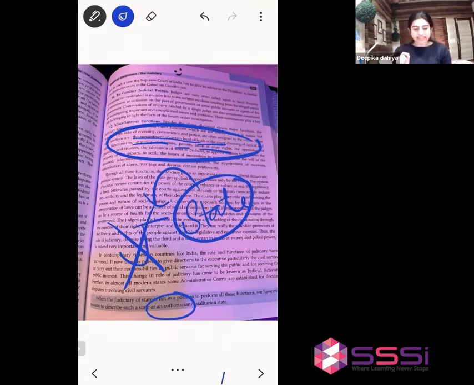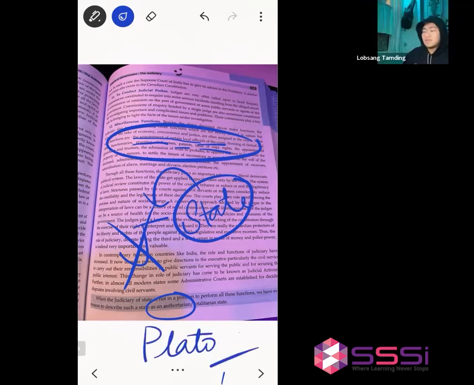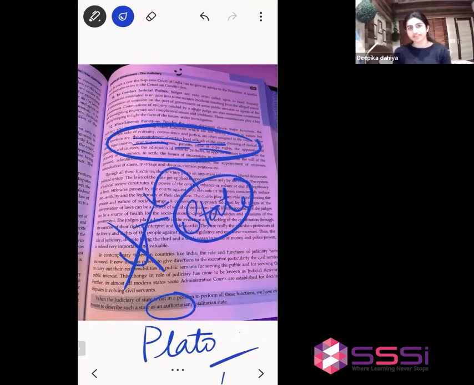There's a political thinker. Actually, we call him the father of political philosophy, and his name is Plato. Have you heard about this Greek thinker, Plato? Yes, ma'am. Plato, you know what his theory is? His theory of communism is, he said